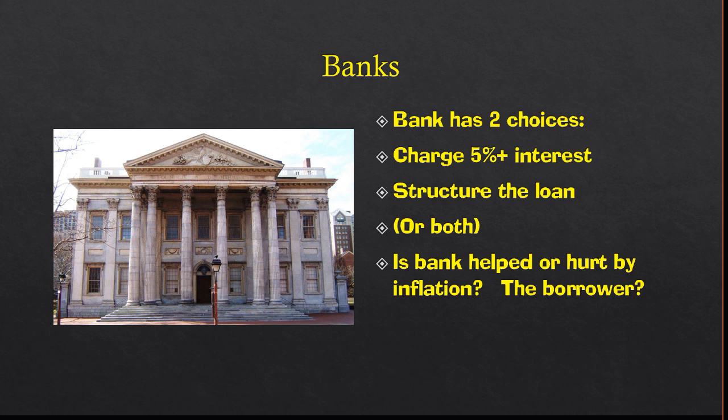Okay? The bank is hurt by inflation, and borrowers are helped by inflation. And banks try to do things to compensate for the fact that inflation hurts the bank because they made a loan when inflation was low, right? You make a loan when inflation's 2%, and that loan is at 4%, you're making money, and then all of a sudden inflation's 7%, and right, you lost.